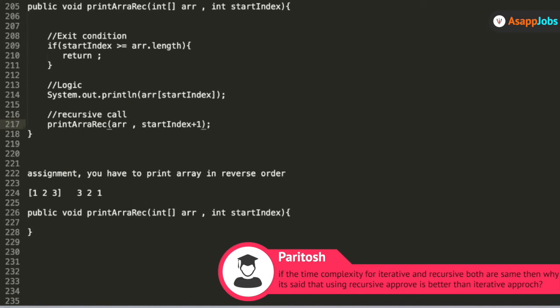when you solve the problem through recursion, it inherently takes some extra space. So right now you have not used any extra space, but the space complexity of this problem is O of n. We'll talk about how the space complexity comes out to O of n when we discuss the internals of recursion. But whenever you can solve the same problem using recursion and using iteration, and space is your concern, then you should always avoid recursion and use the iterative.